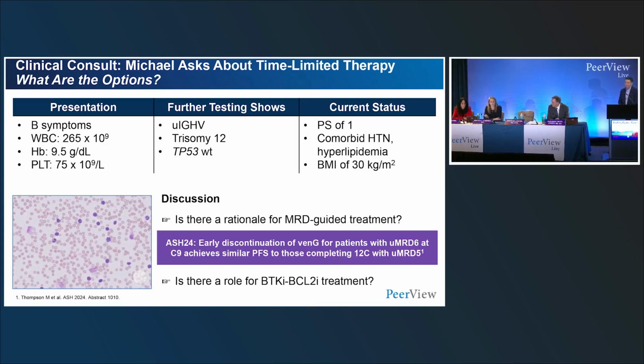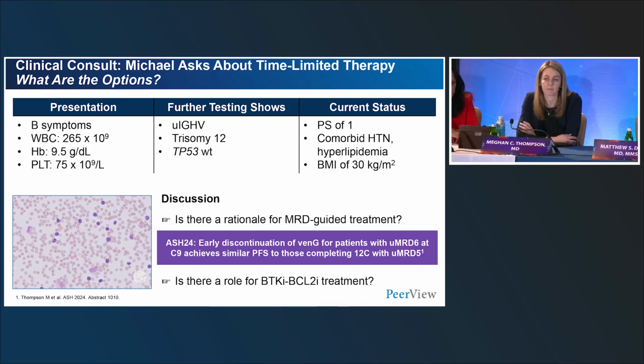Yeah, great question. So I'll say that currently it's not standard of care to use MRD status to guide therapy, although we certainly know from data from the CLL14 study that end of treatment MRD status predicts better progression-free survival. And so we actually conducted with some other centers a study that will be presented on Monday, looking at MRD status to guide either 9, 12, or 24 months of therapy, depending on the patient's MRD status. So we'll be presenting that and its early results,